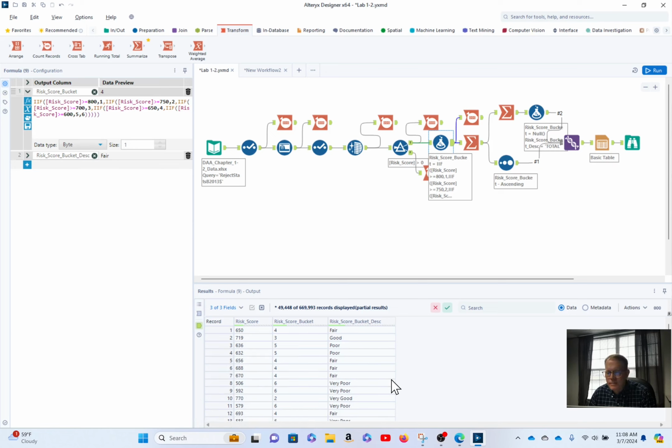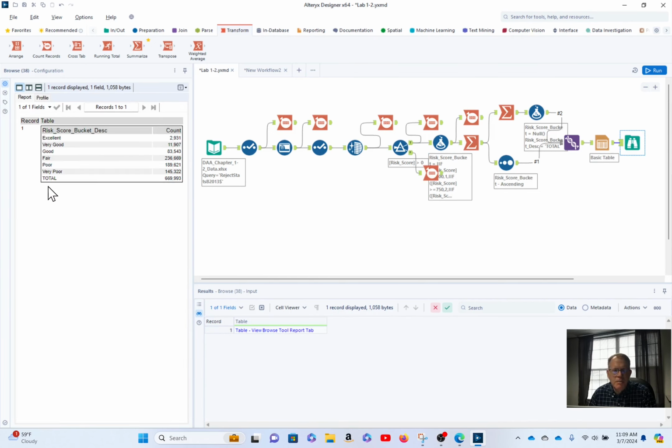the risk score. I wanted to add a risk score bucket, which is a number going from 1 to probably 6, where 1 is excellent, 2 is very good, I think, and 3 is good, and so forth. So kind of meeting the definition of those ranges that we had provided in our textbook. And then based upon that risk score bucket, I wanted to add a risk score bucket description, because ultimately in my table I've got the risk score bucket description, and then I've got the count of the rows that appear